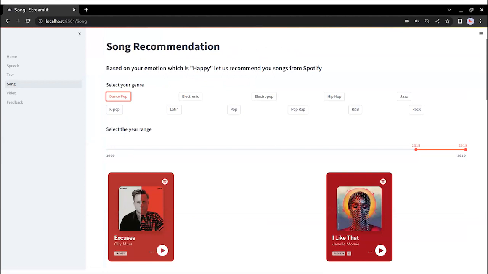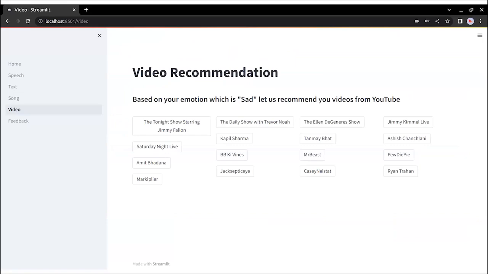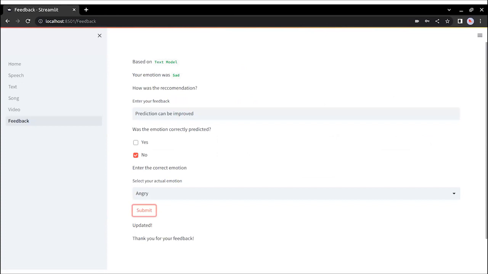The song recommendation is based on the genre and the year, so the user has the option to choose both of them, and based on that, they can listen to whichever songs they want. Similarly, for the video recommendation, we recommend videos from YouTube, and based on the genres, they can listen to songs of their preference. After the recommendation is done, we take the feedback of the user, where the actual emotion of the user